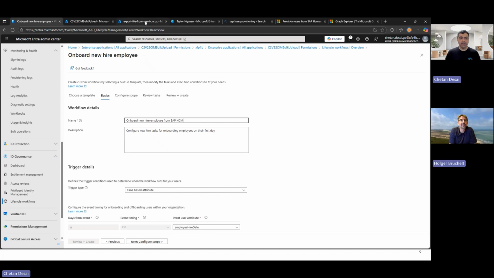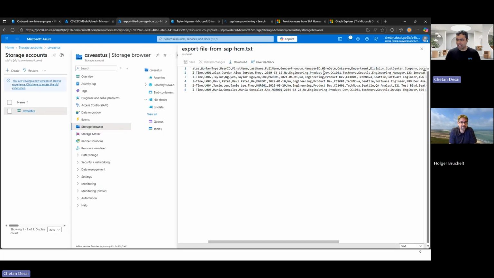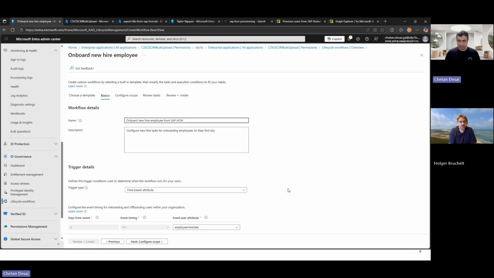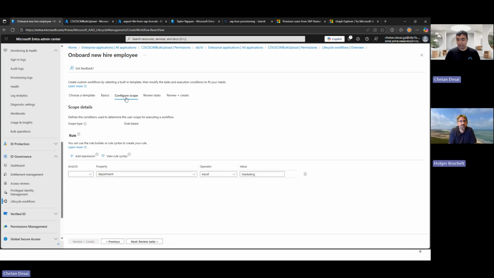From the SAP export file, one of the dates we have is their actual date of hire. If there is an employee who starts today, you can say, on employee hire date, I want to trigger this workflow. You can scope this workflow to a specific department if you want to control that execution.